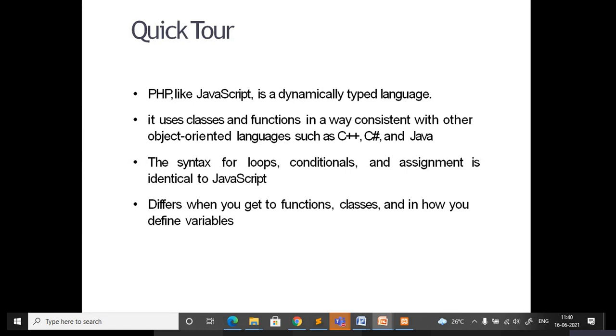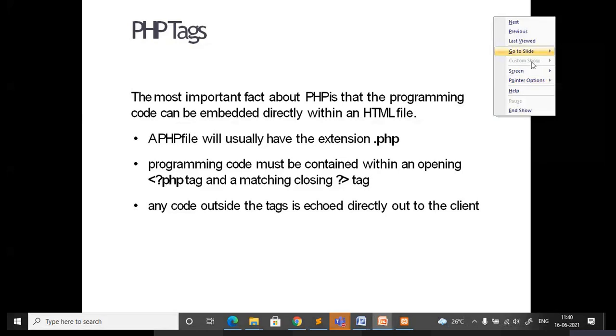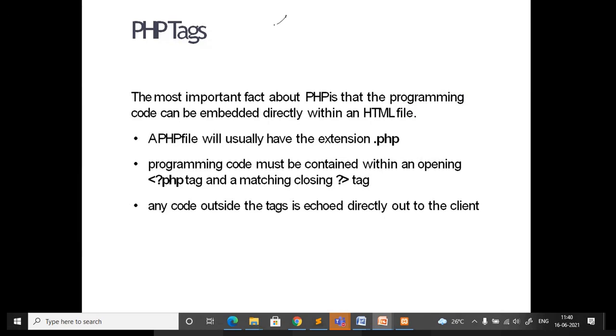Mainly we are going to focus on arrays, where you are going to write and how you are going to write. You are going to write the code in these tags. So PHP, and here, if you want to display any message, like hello world, that is displayed on the screen or the browser.